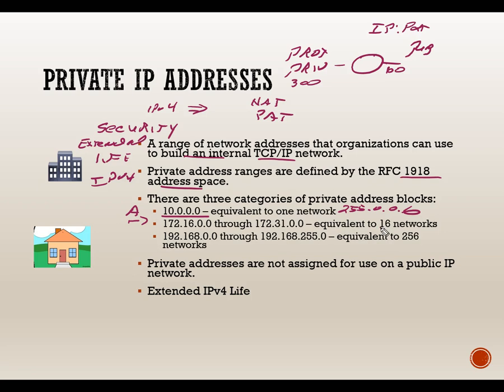And it's the equivalent of 16 networks that we use here, and we're going to use a different subnet mask, and when we do subnetting we'll talk about how we do that. And then the class C's, this is the class B, the class C's are 192.168.0.0, the whole thing to 192.168.255.0, the equivalent of 256 networks. We actually mask it